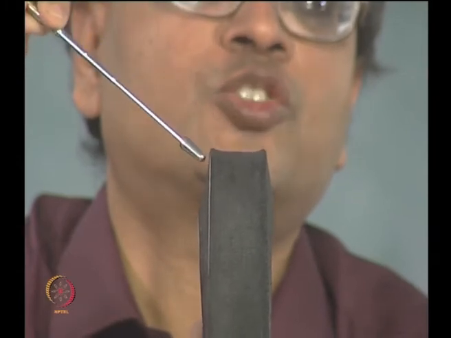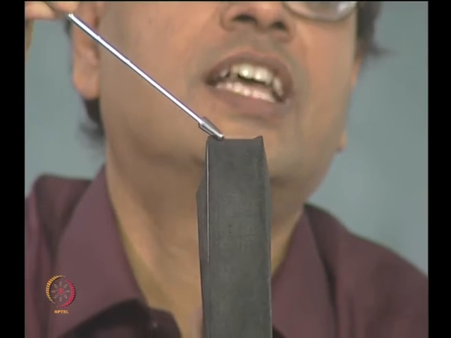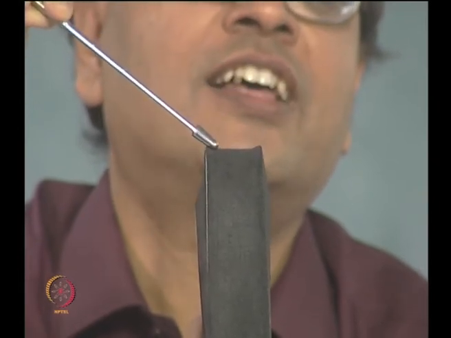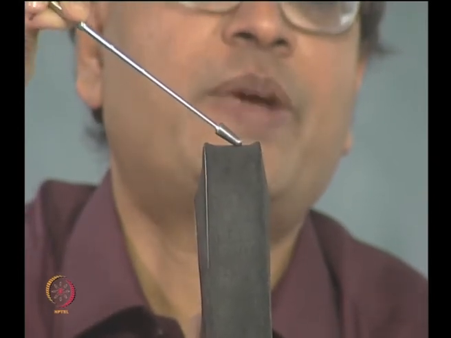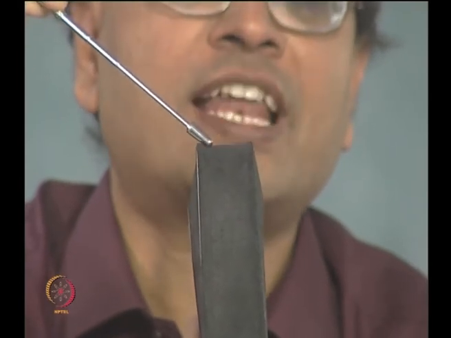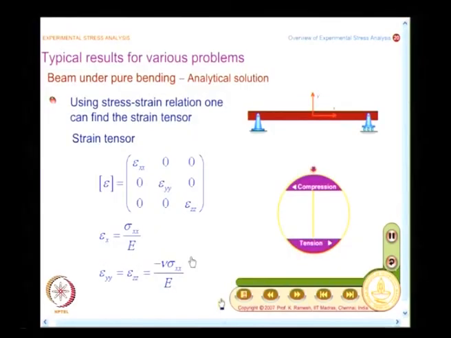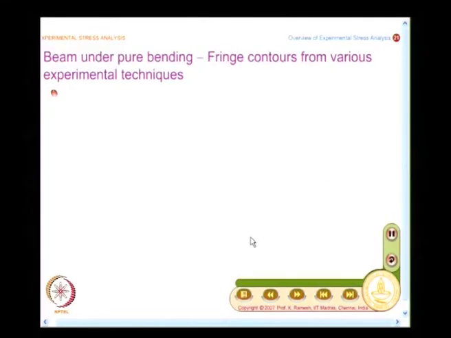this curvature is known as anticlastic curvature. None of this you might have heard in your first level in strength of materials, if people have not gone deeper into the analysis of beams. Only when you go deeper into the analysis of beams will you find that these concepts you have to look at. The experiment reveals this, and we will see it very closely when you see the fringe pattern.